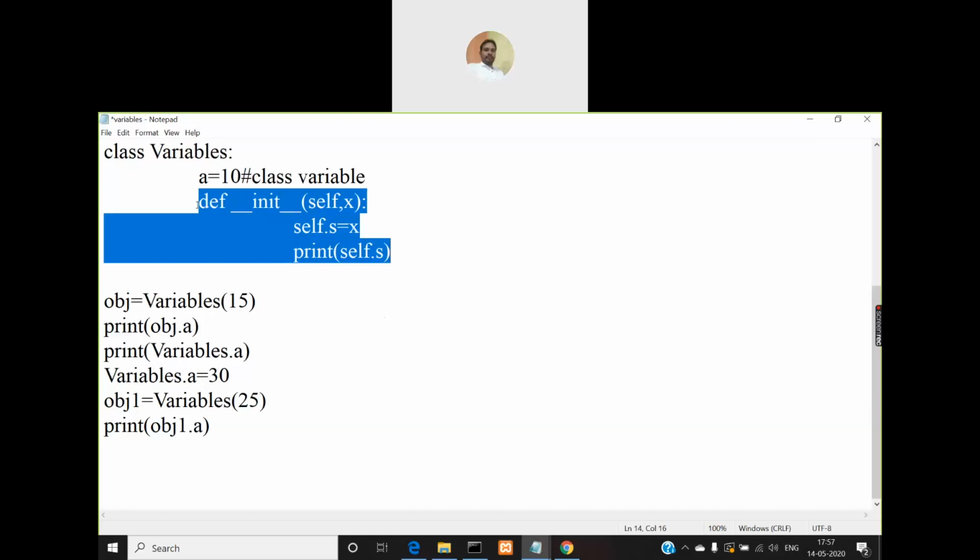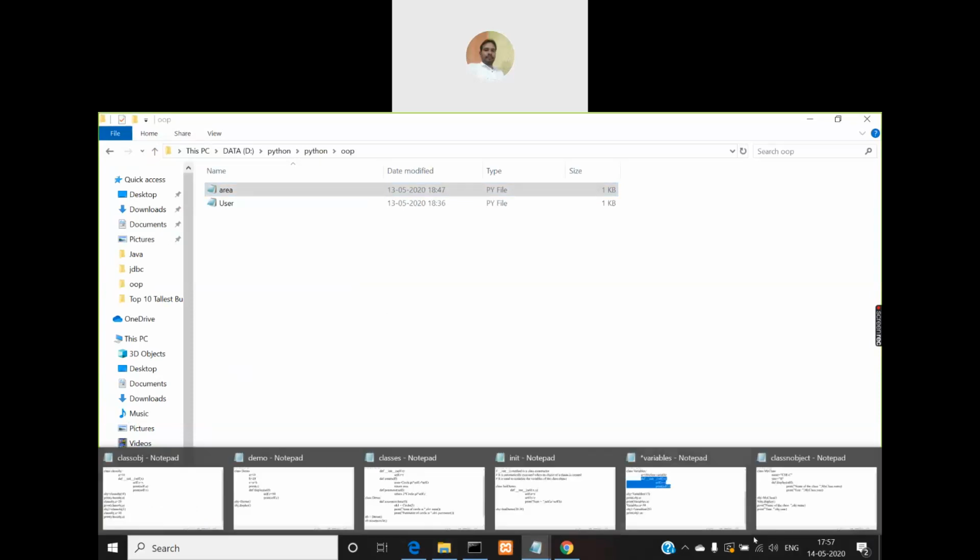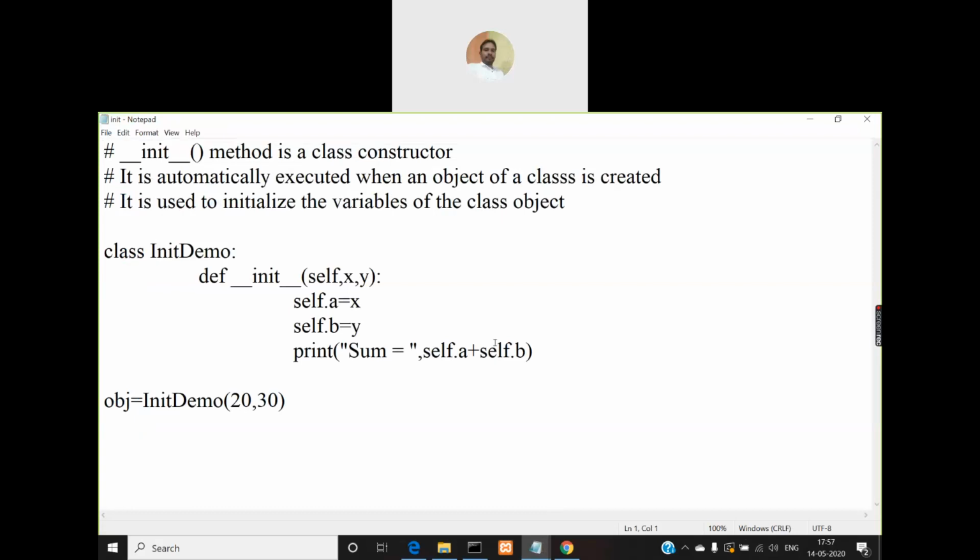So let me show you one more program before this. I'll give you an introduction to constructors. So what is a constructor? This method which will be defined in any class, double underscore init double underscore followed by the parenthesis, is called a class constructor.